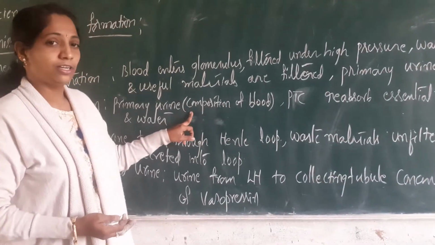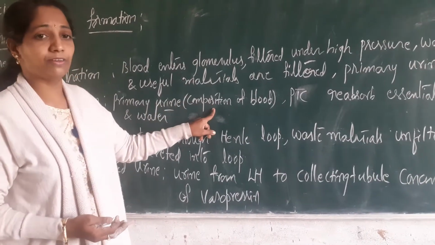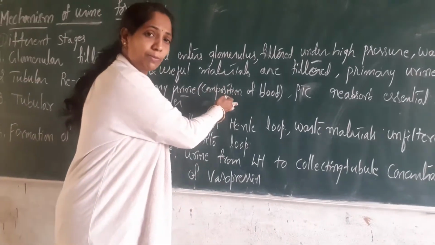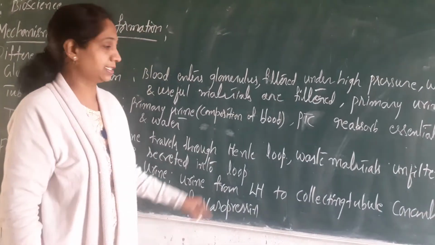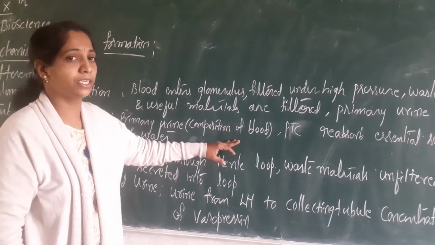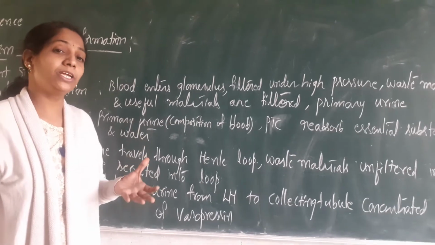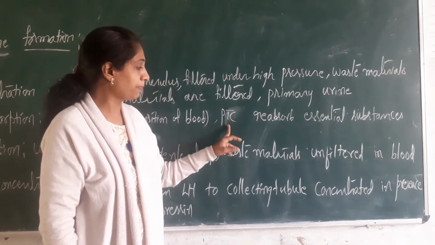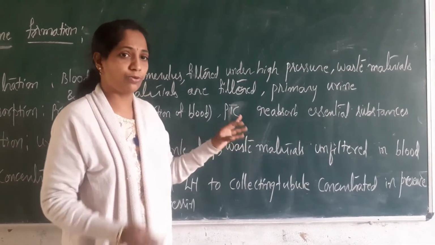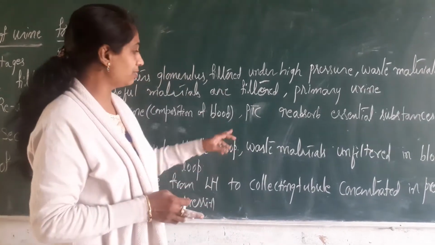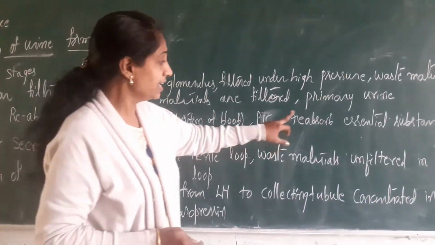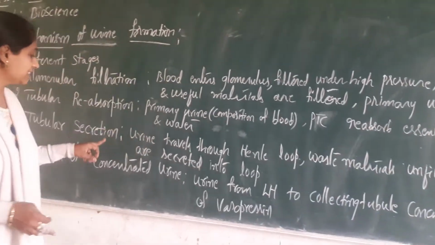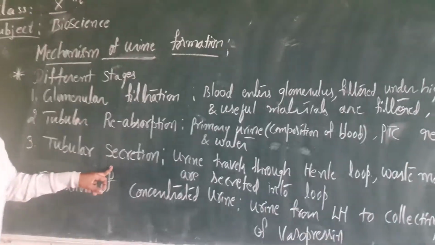In the second stage, the primary urine is known to have the composition of blood. The chemical composition is similar to that of blood, but there are no blood cells. So blood cells are not present in this primary urine. What is primary urine made up of? Primary urine is similar to blood but without blood cells. This primary urine is entering the proximal region, where many capillaries are present surrounding the tubule, which you call peritubular capillaries. They help in reabsorption. And the urine moves into the next tubule, that is the loop of Henle.